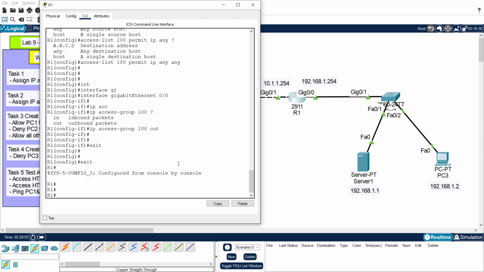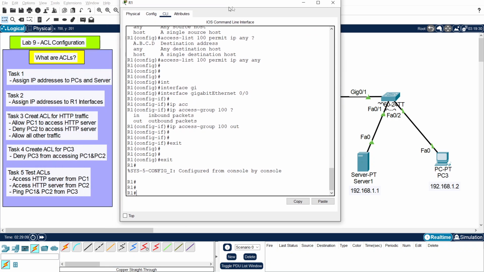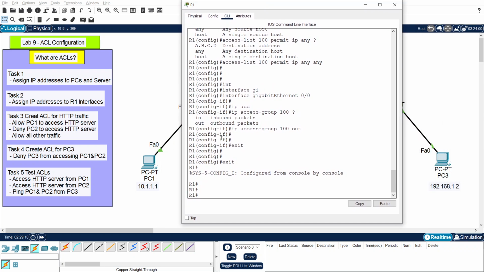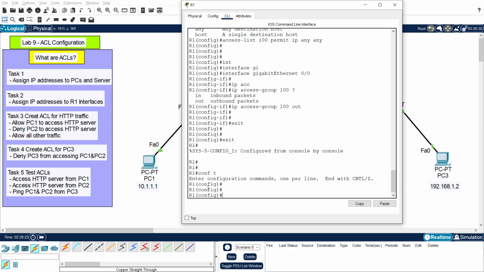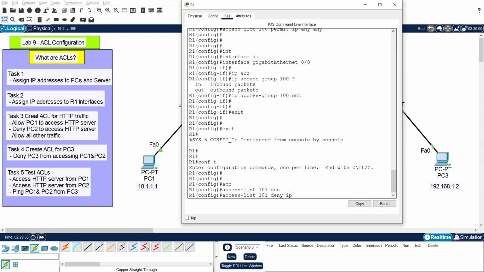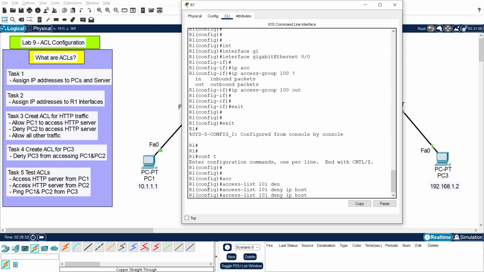So I'm done with task 3. The next task is to create an ACL for PC3 so that PC3 cannot access PC1 and PC2. So I will make another ACL, this time access-list. Let's use the number 101 and deny IP host. Host IP is 192.168.1.2